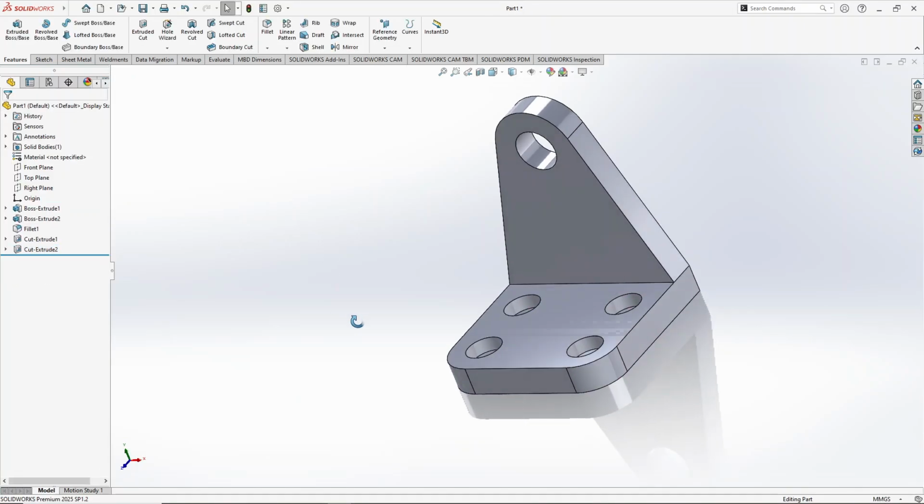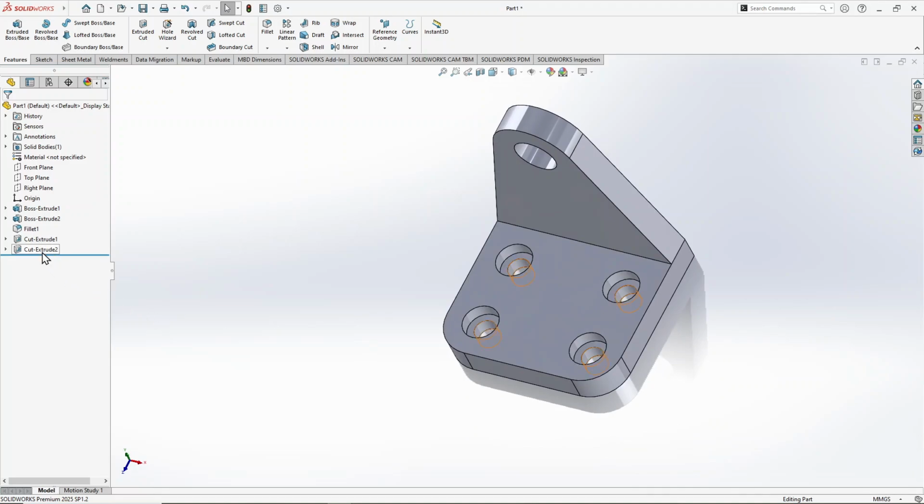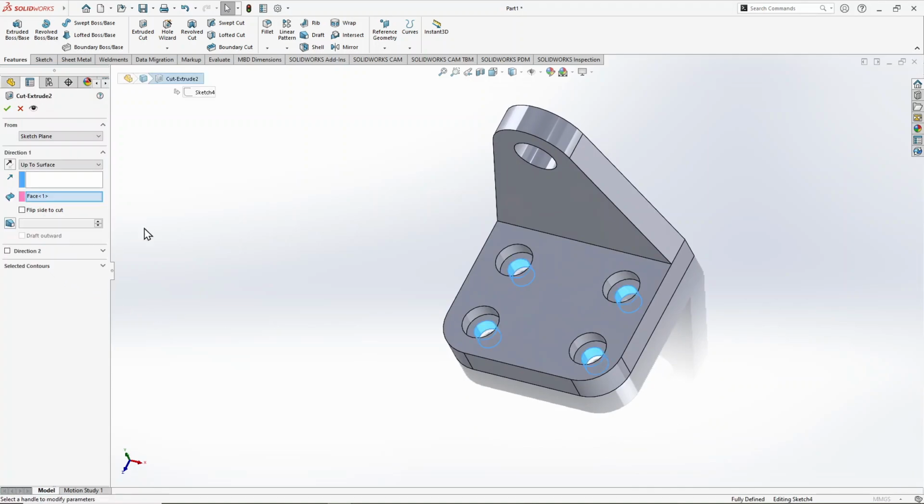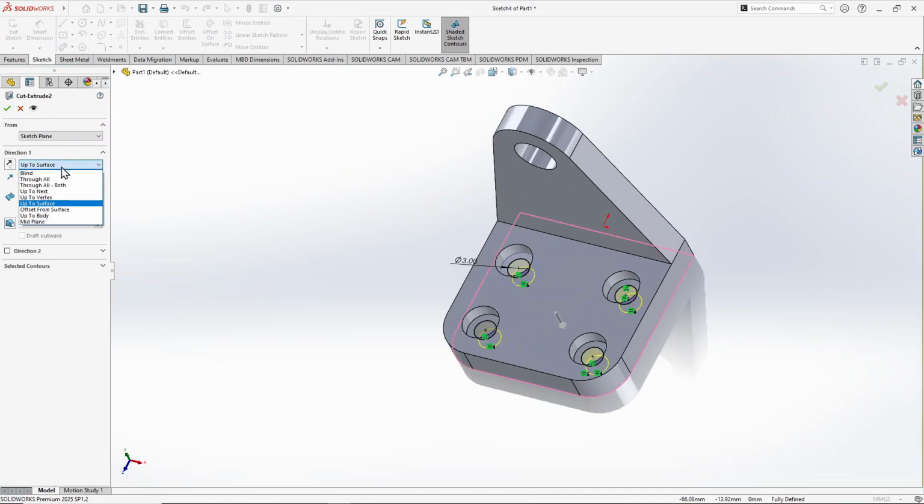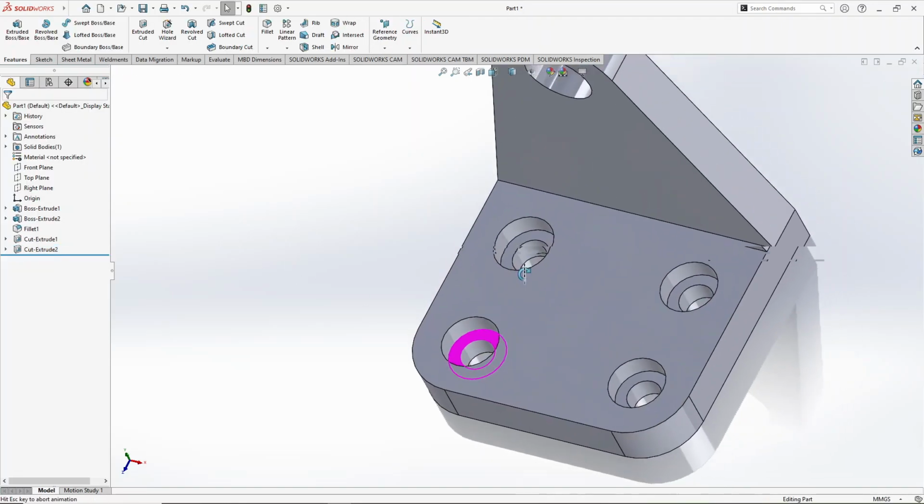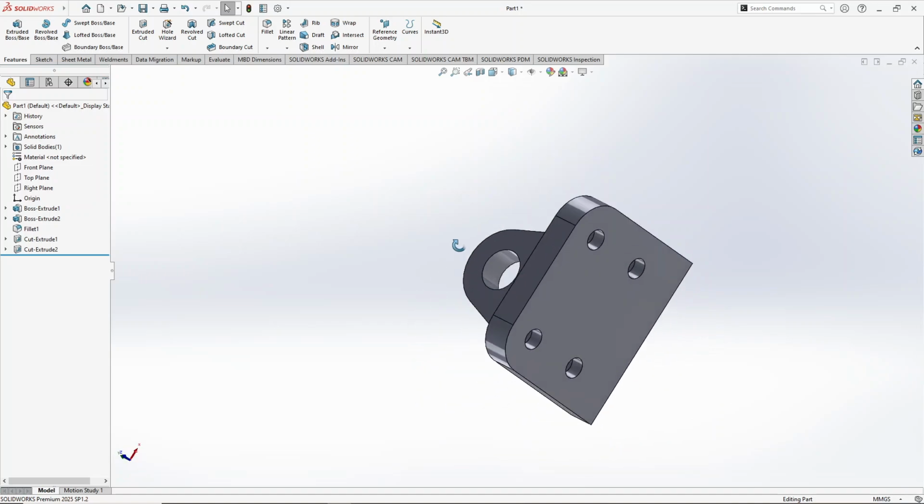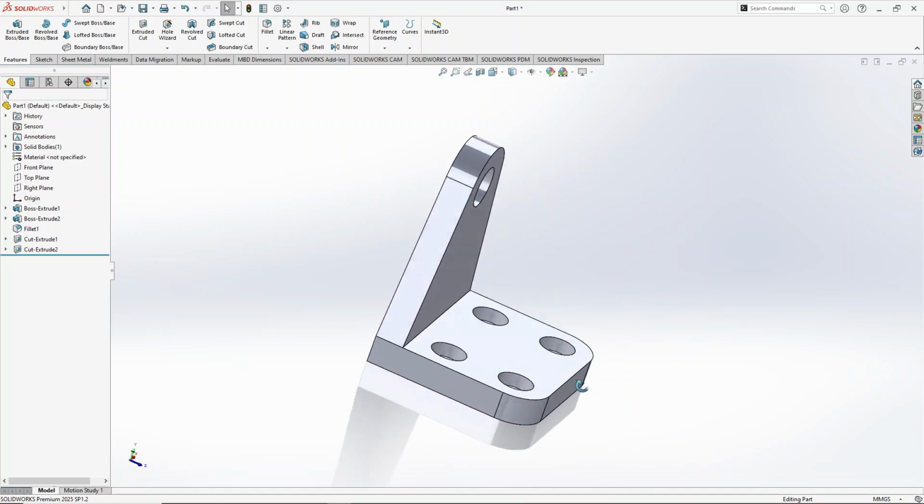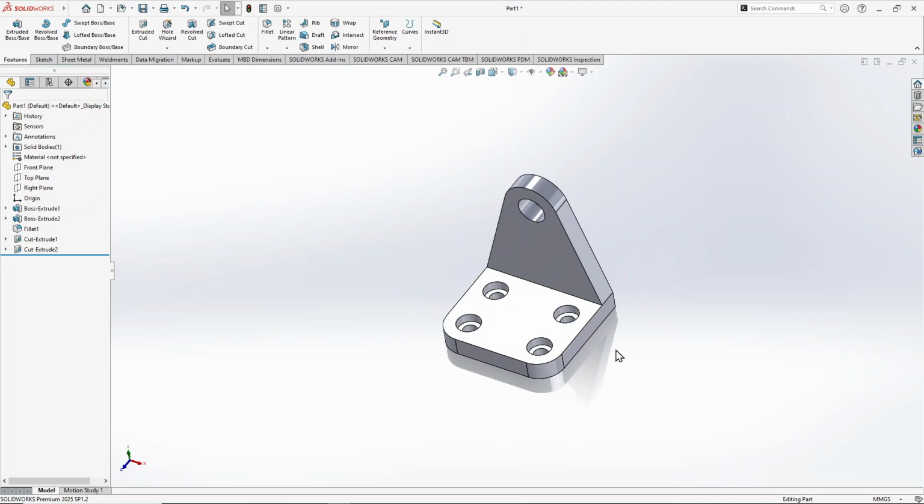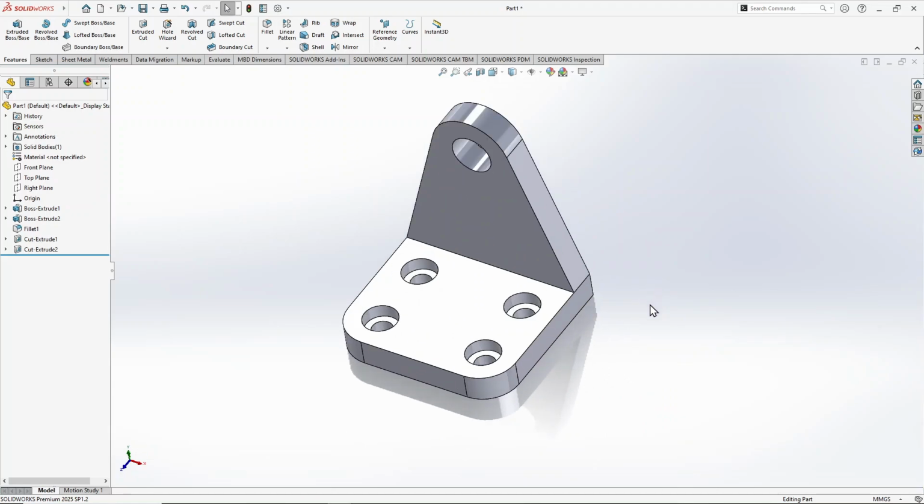So I have told you 2 to 3 options. Just left click, edit feature. So you can also click blind 2 mm, click OK. This is also working, you can see here. Okay, so go to